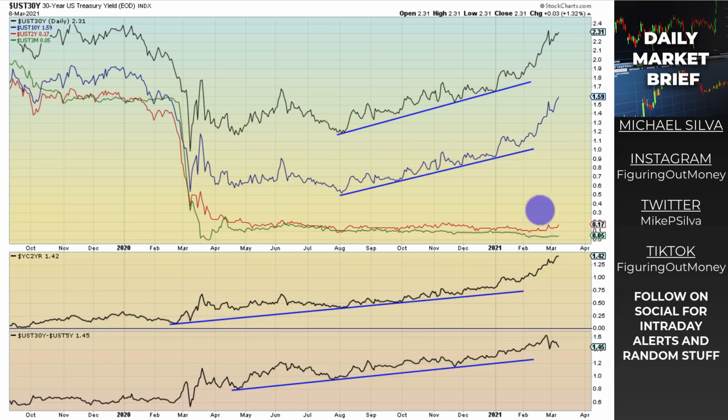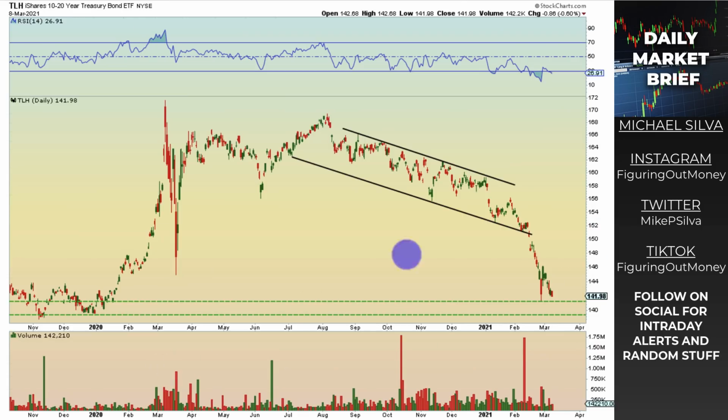So we'll see how these lower term rates, they've been kind of just plugged down to zero. I believe the 5-year, I don't have it on this chart, but the 5-year has been rising up pretty good too. I'm looking at the 30-5 steepener right here, and we're still putting in higher lows. But you can see this one's kind of heading down as this one has been steepening. So we'll keep an eye there.